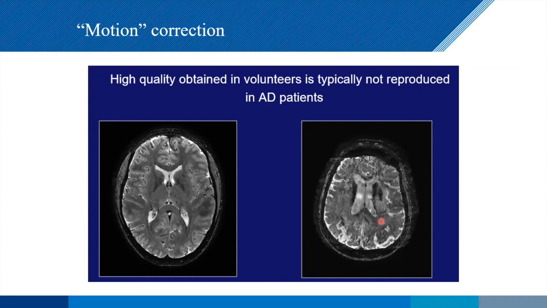So you think, well, this is probably because the patient is moving, but we don't see any gross effects outside, which you would expect. You'd expect to see some ghosting in the phase encoding direction. You just don't see that. So what's actually going on?